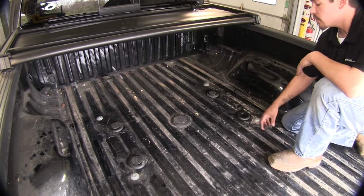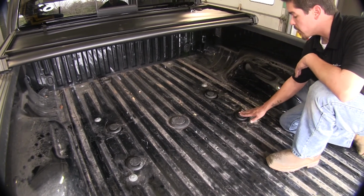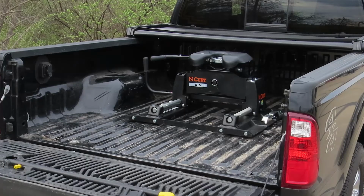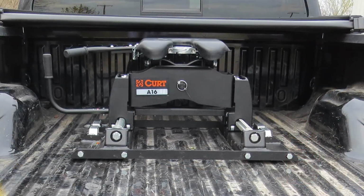With everything pulled out, then all we have left is put our factory pucks in place and we have full bed access. And that'll finish up the look at the Curt A16 fifth wheel trailer hitch with slider for 4 towing prep package, part number